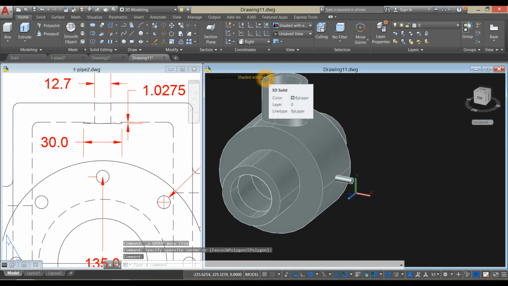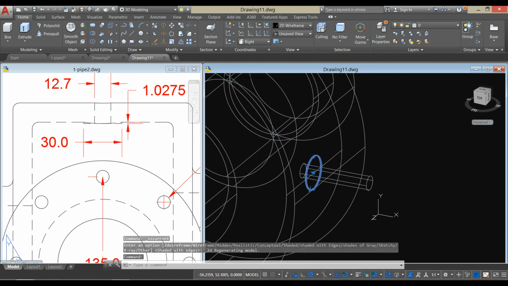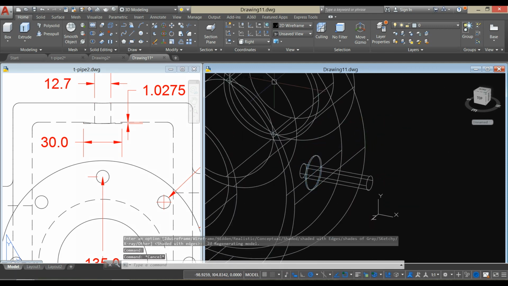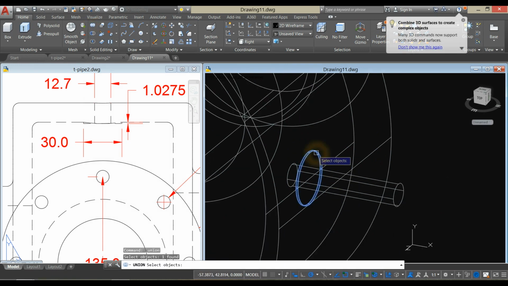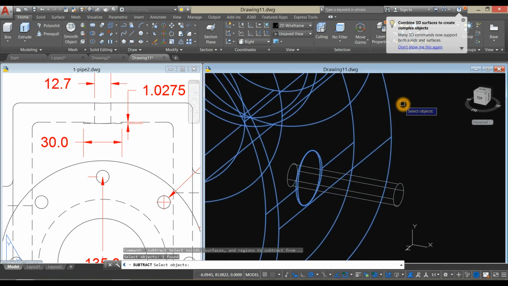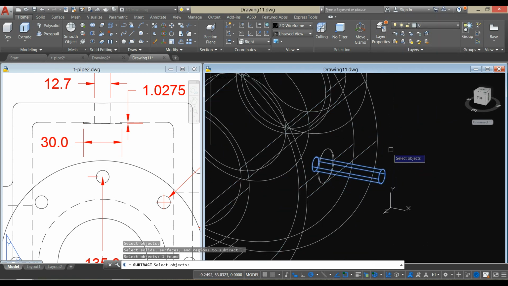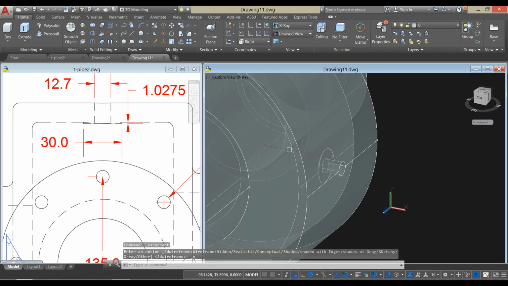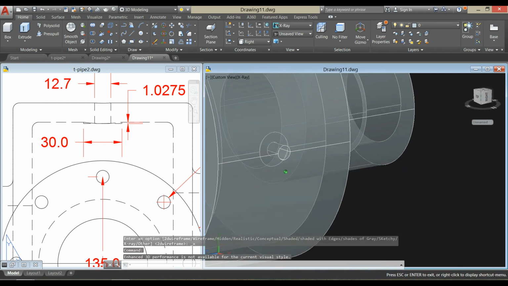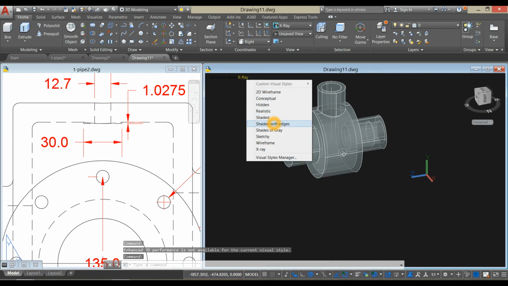I'm going to change this to the wireframe. I'm going to add this object to the shell. So I'm going to use union command. Now it's one object, and I'm going to use subtract command. Click the object you want to keep, right click, and select the object you want to remove, which is this cylinder, to create a hole. I'm going to use X-ray. I'm going to change this to shaded with edges